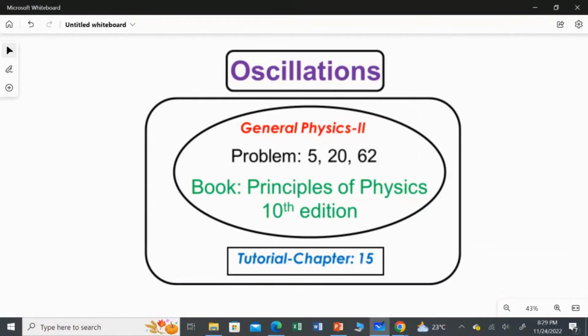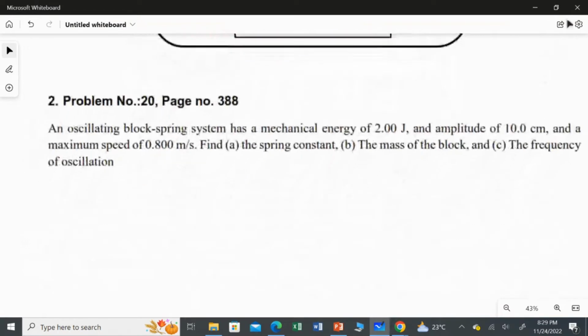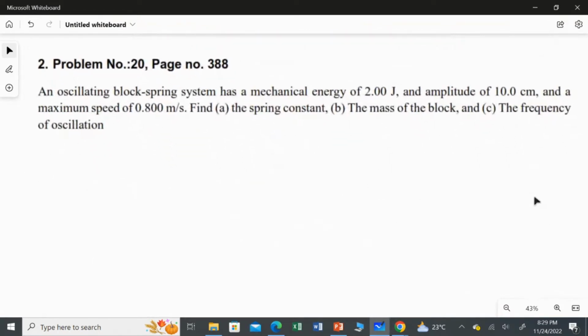In this video, I am going to solve the second question from chapter 15, Oscillation. An oscillating block spring system has a mechanical energy of 2 joules, amplitude 10 centimeter, and maximum speed of